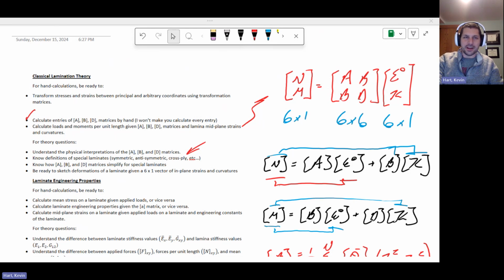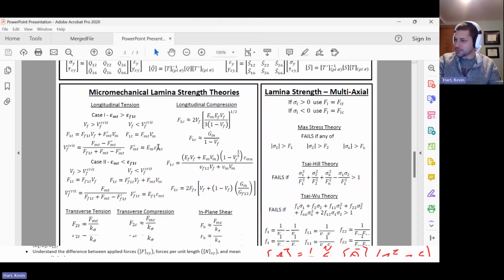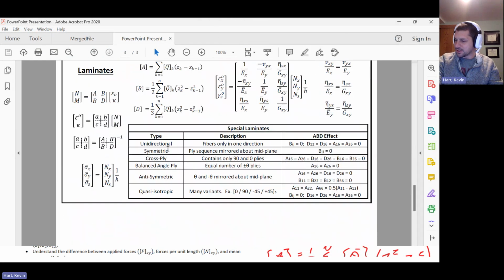But yeah, your equation sheet has a lot of this information already on it, so we'll bring that in here and I'll show you that, yes, fortunately, your equation sheet has descriptions and types of special laminates. All right. So I'm kind of giving you this one for free. Also telling you the ABD effects here as well. So be able to identify those, and it's going to help when calculating A, B, and D on the exam